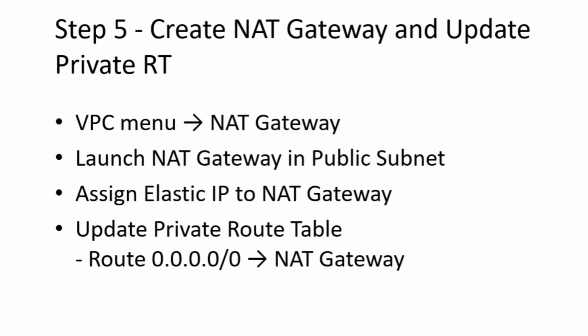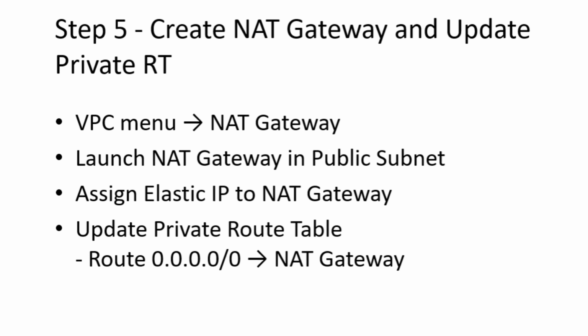At this step, we enable Internet access for private instances by creating a NAT Gateway. Go to the VPC menu, NAT Gateway, and launch it in the public subnet. Assign an elastic IP to the NAT Gateway. Next,